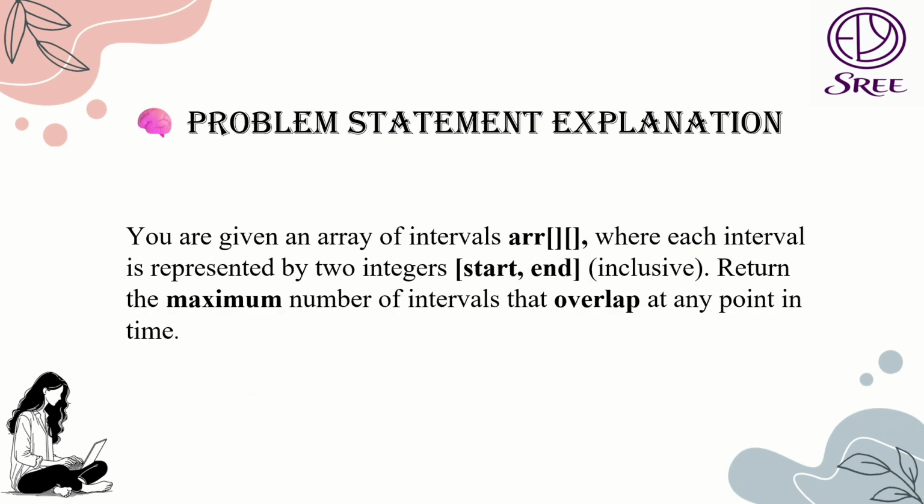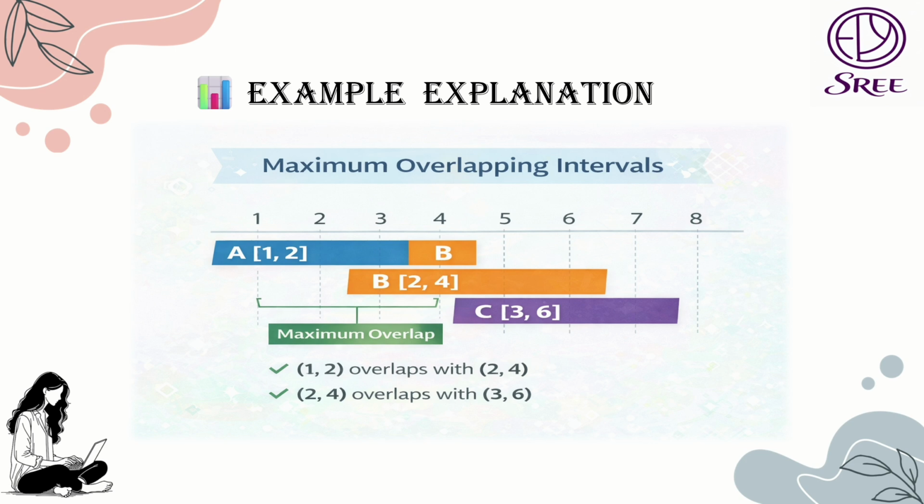We are given an array of intervals where each interval has two values, which are start time and end time. Our task is simple: we need to find the maximum number of intervals that overlap at any point in time. In simple words, at which time point are the most number of intervals active together? So coming to the example, if we take the input as this array, let's see how